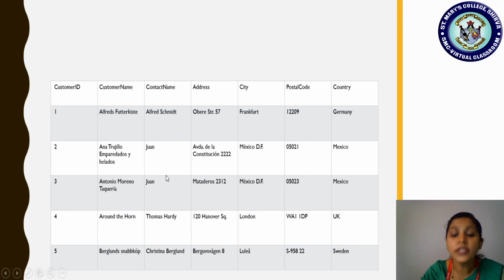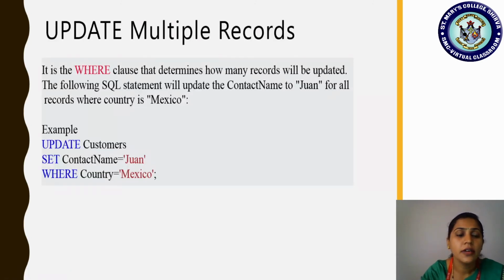Suppose we had not mentioned where country equal to Mexico, if we didn't mention the where clause followed by a condition, what would have happened?